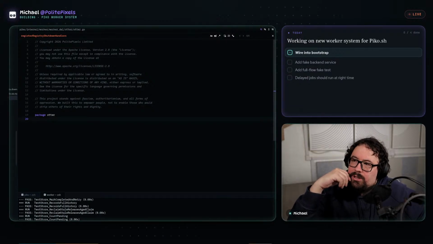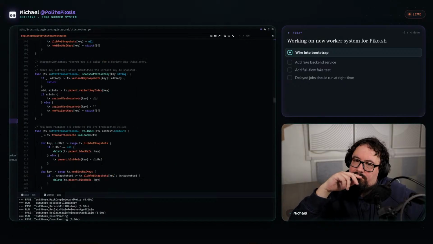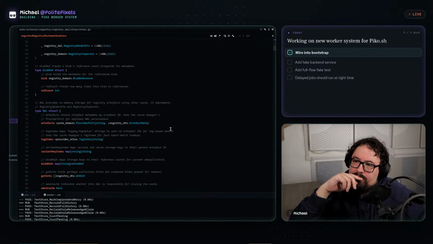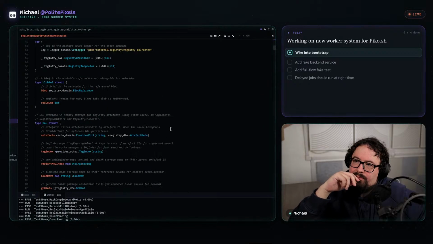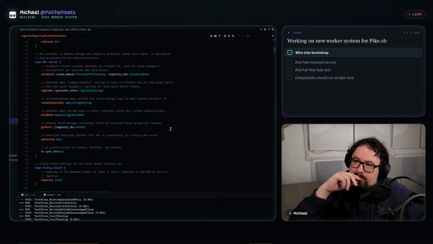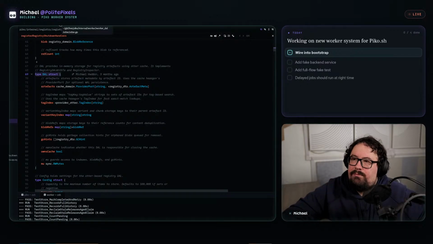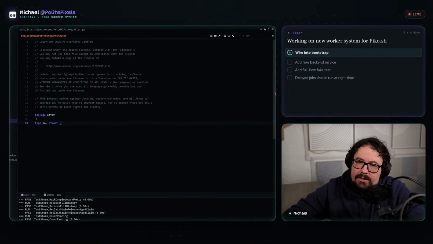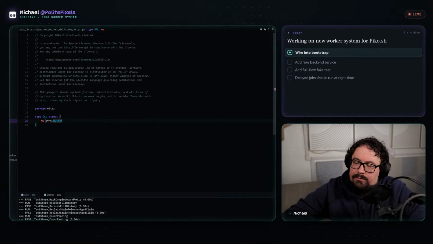So if it works like the one I was reading before, we would have something like this. There would be a sync mutex for the store.